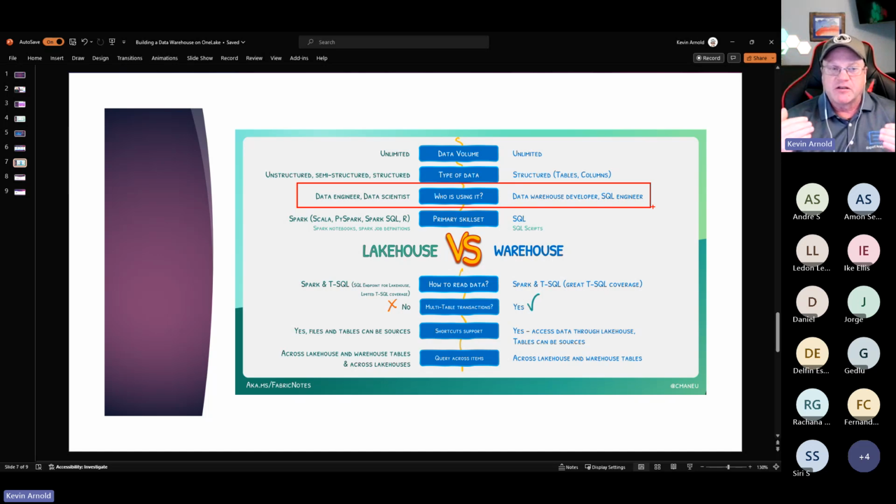Now, as long as you're not exceeding the processing time of the CUs that an F2 allows you to have, there's no cost difference. So that's why I don't think cost is really a factor anymore. The cost is as you grow, how big of a capacity you want to buy. And I would then say there's always a way to reduce consumption by having better written code, but that's not going to be your first thought here, at least not from what I'm seeing at this point.